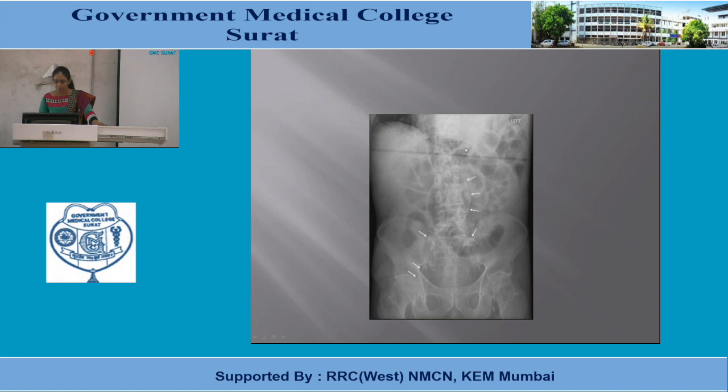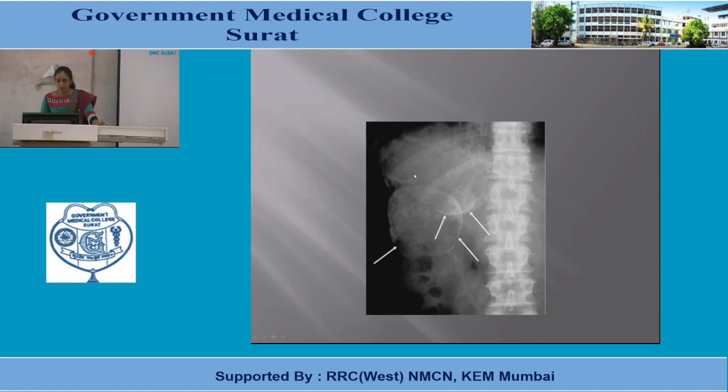This is an X-ray abdomen standing showing multiple air-filled bowels, and there is a well-defined curvilinear calcification noted in the region of the lumbar vertebra, which bifurcates and appears to follow a vascular pattern. So this is calcification of the abdominal aorta, and this is calcification of the common iliac vessels.